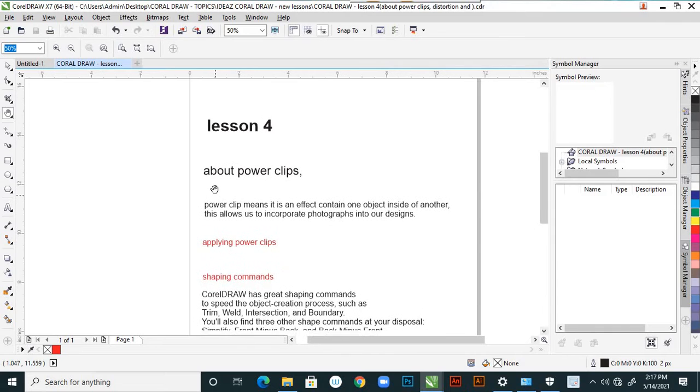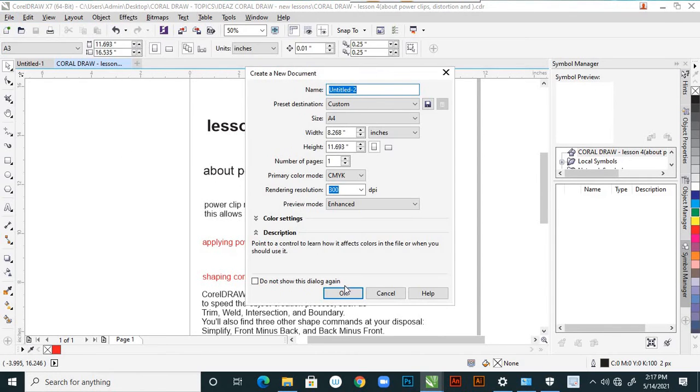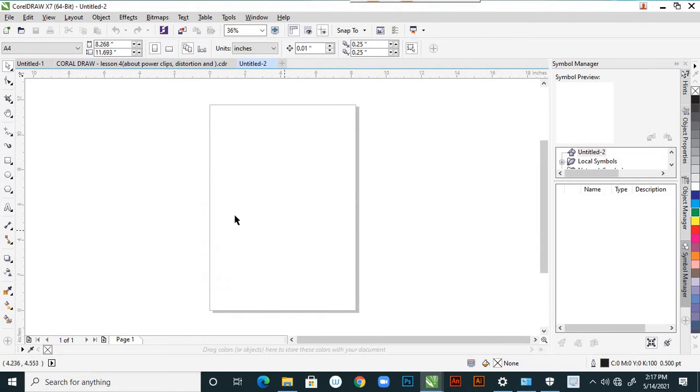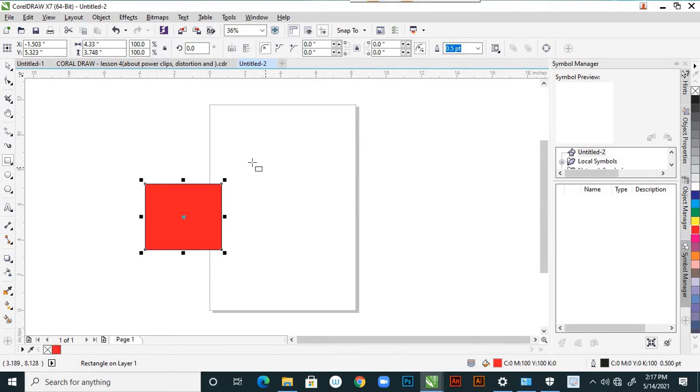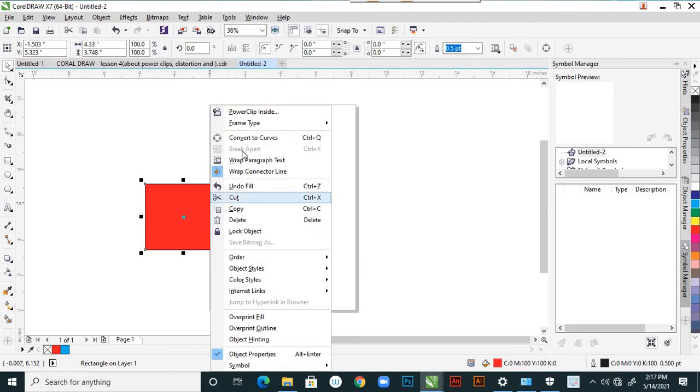So for that, I'm taking a new file. Here, suppose I'm explaining PowerClip. There is an object, and here I created one more object. Select any one and right click, PowerClip Inside.